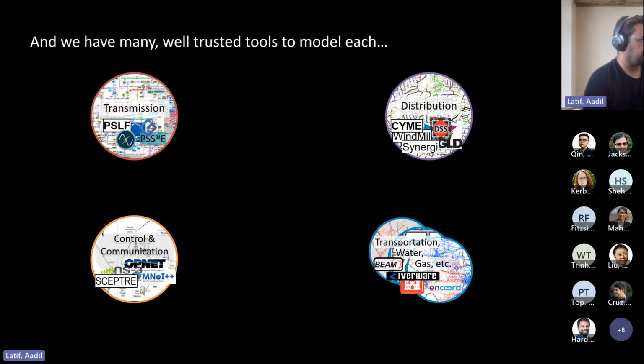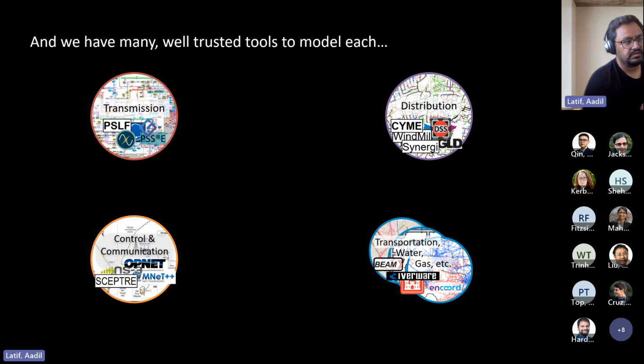So when I talk about these subdomains, we've got the transmission system. We've got both open source tools and commercial tools to study the transmission systems, right? We've got PSLF and PSSE as major vendors for modeling the transmission system studies. So if you go to any large scale utility, you'll see that they'll be using one of these models,